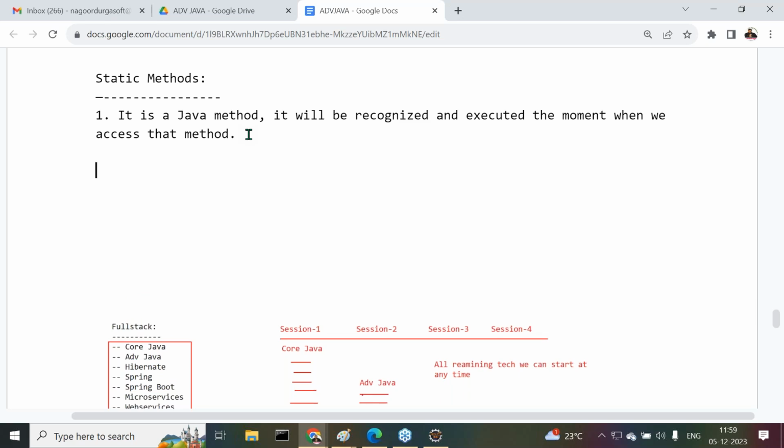Then after that, we can access it. When we access it, only then it will be executed. So in a single statement, what I gave there: it is a Java method. It will be recognized and executed the moment we access that method. Not automatic execution. As per the method call only, that method is going to be executed. Got it or not? This is point number one. Next one, after that, you have to carefully